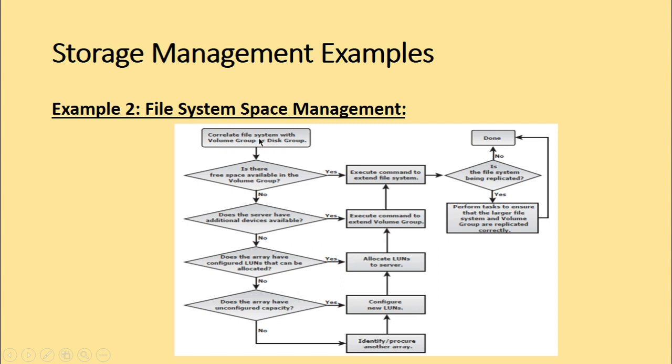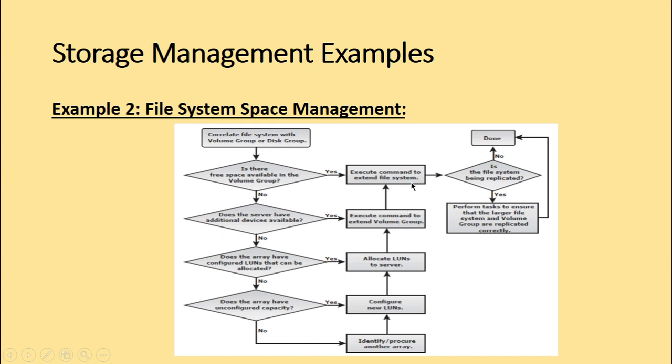First thing we need to do is correlate the file system with the volume group or the disk group. Once that is done, a condition has to be checked: is there free space available in the volume group? If yes, then we execute the command to extend the file system. If no, we check one more condition: does the server have additional devices available? If yes, we execute the command to extend the volume group, and we execute the command to extend the file system,